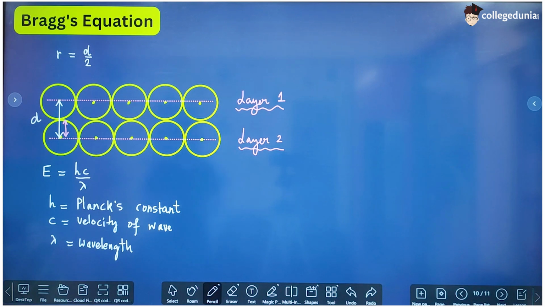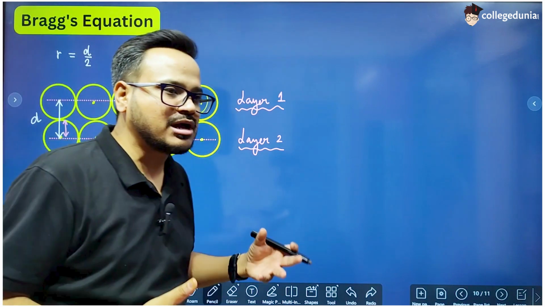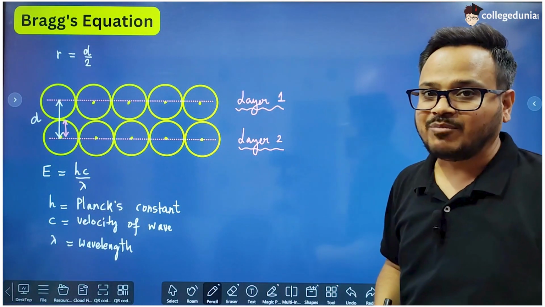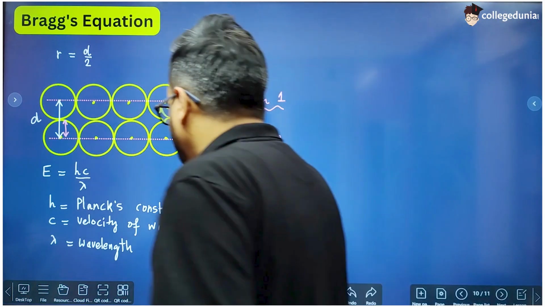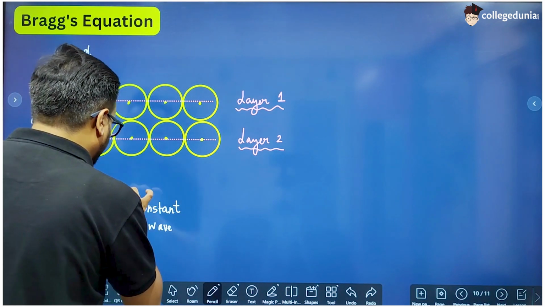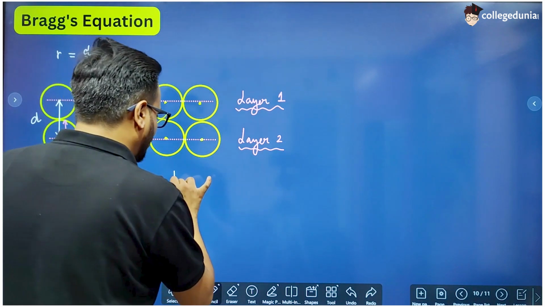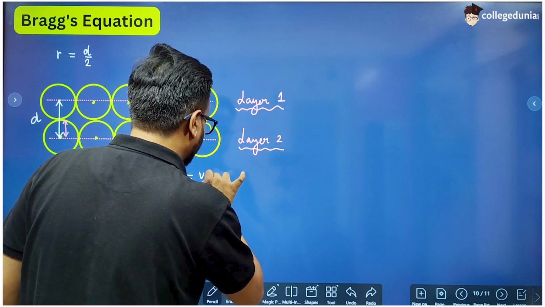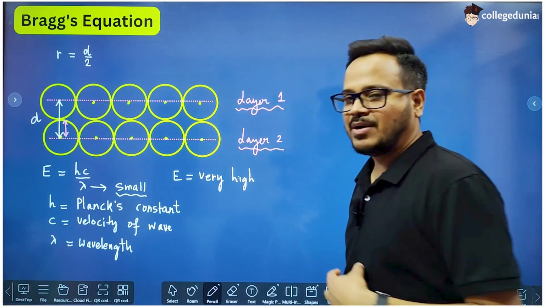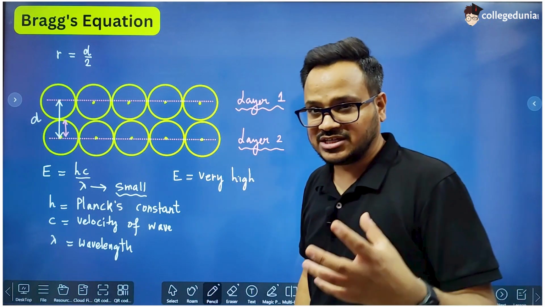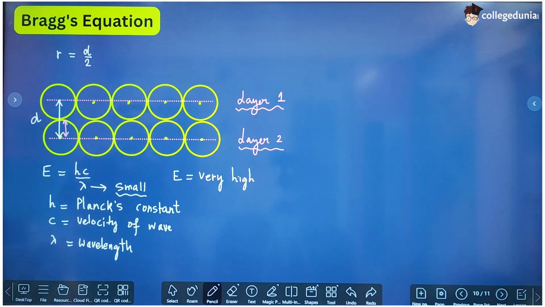obviously if we have a high energy bullet, that bullet is not going to penetrate just two layers, it will penetrate the whole material. So we are not talking about the macroscopic object. We should have something of microscopic nature, and that is an X-ray, because for an X-ray lambda is very small, right? Therefore the energy of X-ray is very high. That's why X-rays are used to take pictures of interior parts of the body, to check fractured bones and all those things, right? Because X-rays can penetrate through the skin also. So they have very high energy.